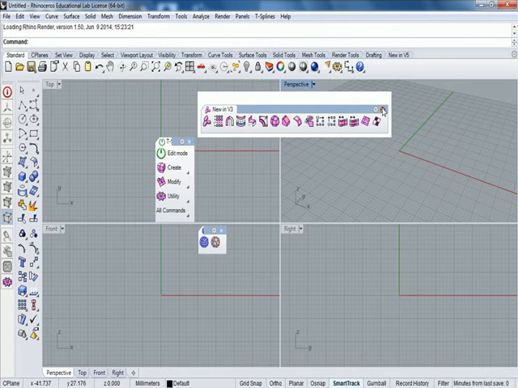In order to figure out what units we're working in, you have a visual cue at the bottom of your screen. And we're going to talk a lot today about the information that you see at the bottom of the screen. First and foremost is this one right here. So if you're all the way in the back, it's right down there. So that says millimeters. That is your unit type. So if you type in a unit of 1 for a length of a line, it will be drawn 1